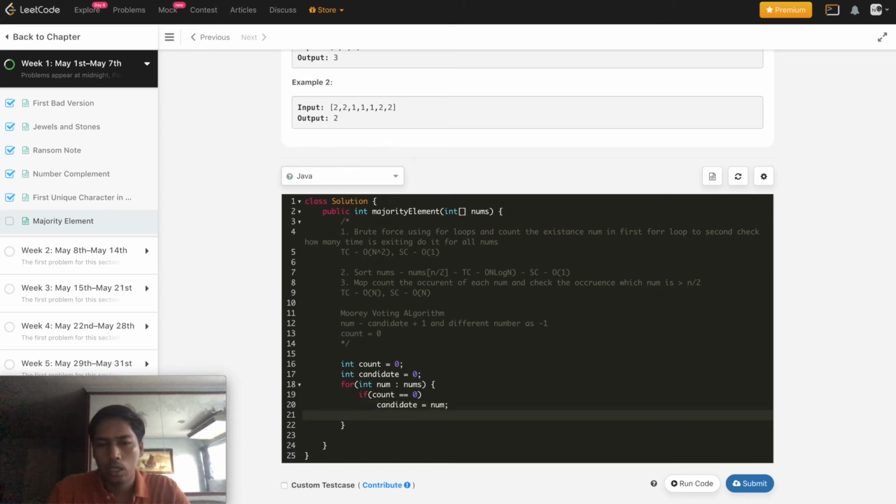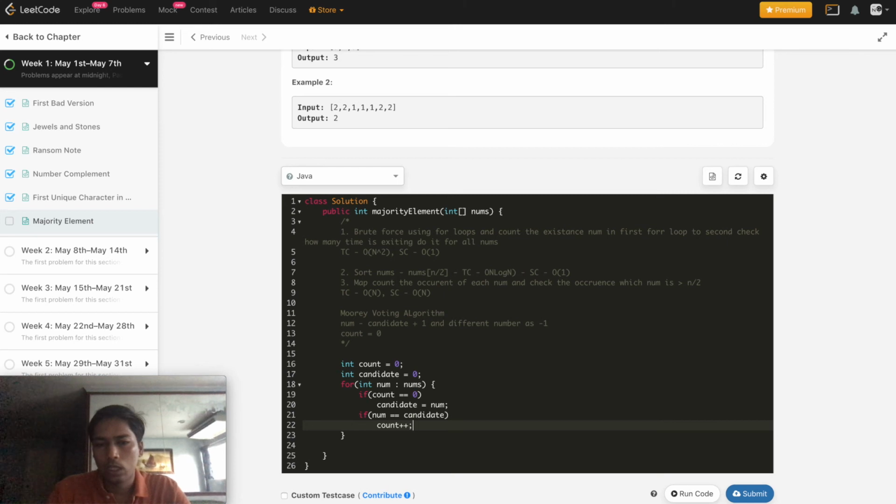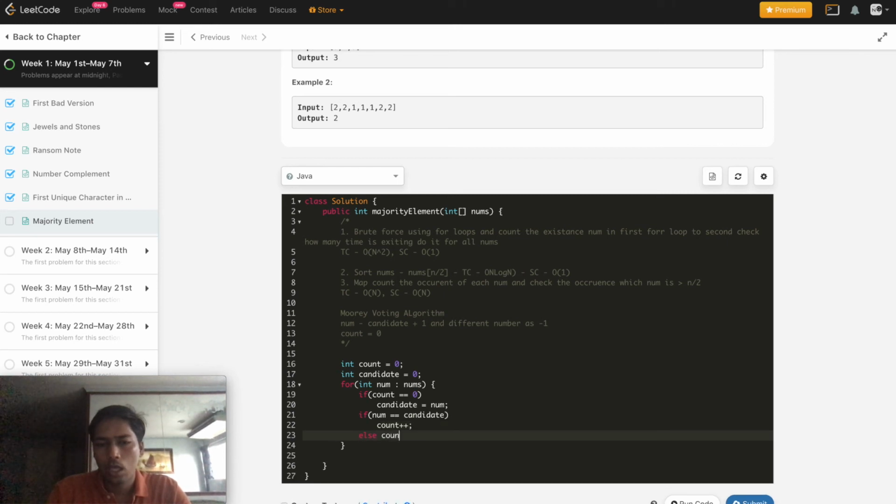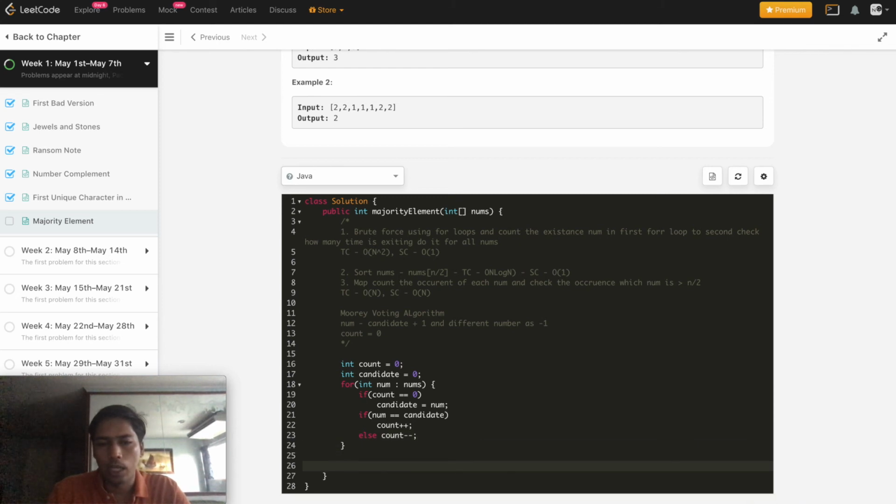Then if num is equal to candidate, then count plus plus, else count minus minus. In the end we will get the majority element in candidate.